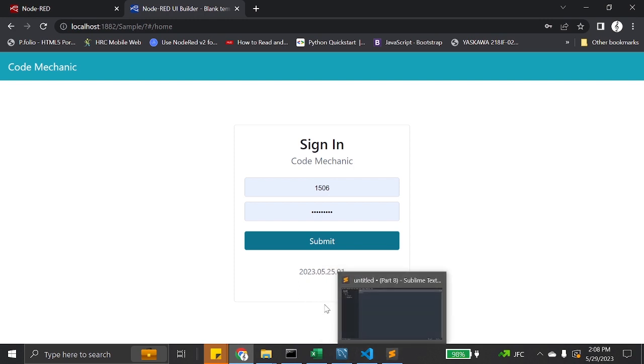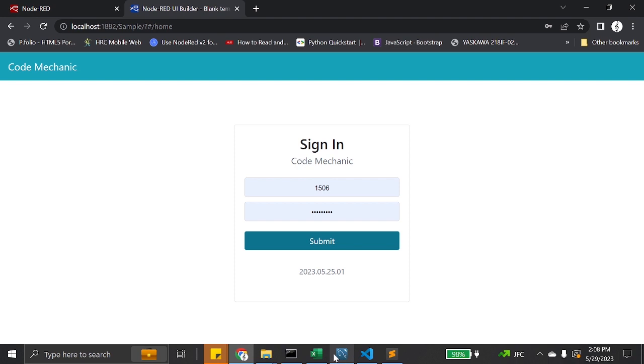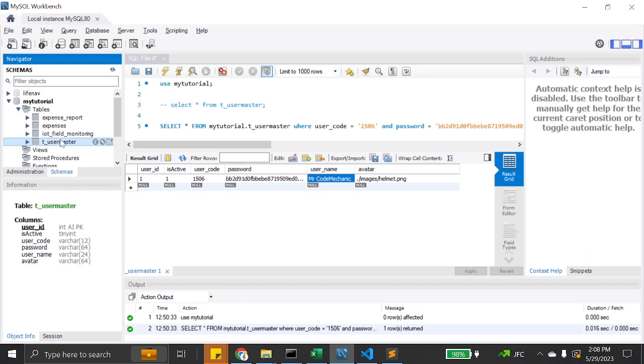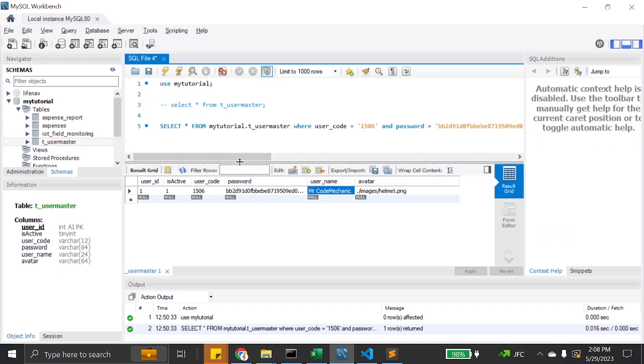So let's start by adding in the database the table TUserMaster. I will provide in the link or in the files from the Google Drive the script